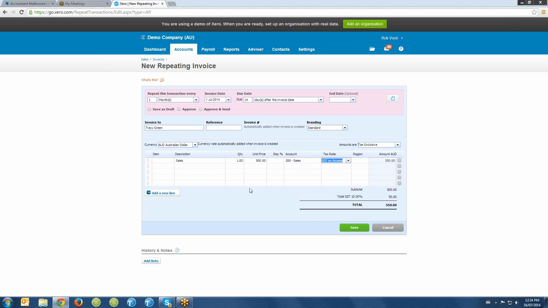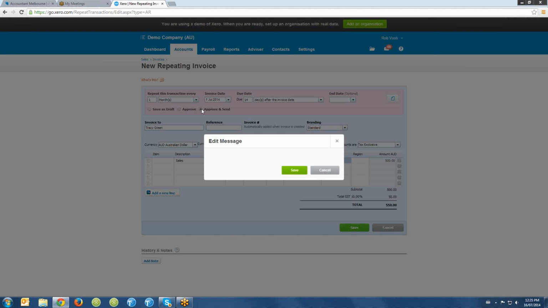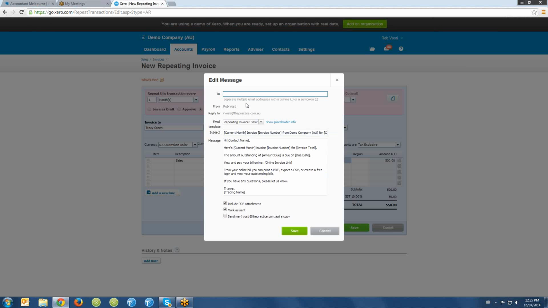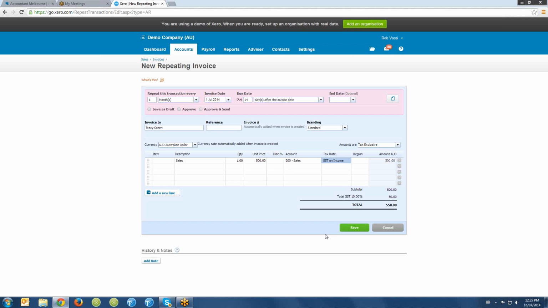Okay, and then just before I click Save, I've got all my details in there. It's now asking me if I want to save this as a draft, approve it, or approve and send. What that means is, if you've got a client that's always a regular amount and you're invoicing them every month, you might be so bold as to click approve and send, and that will automatically generate the invoice on the 1st of the month and send it out to the client automatically. If you wanted to make changes and just want the repeating invoice to come up, you could save it